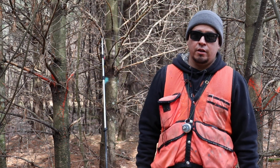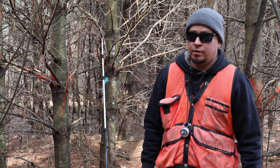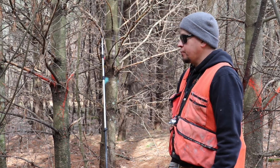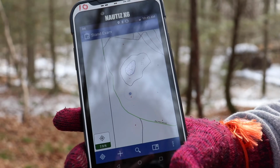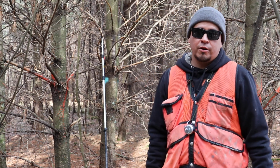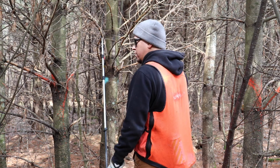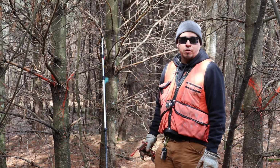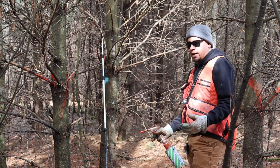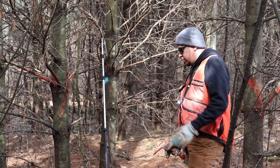We get a stand that reaches a certain age, and these are all planted stands here, pine plantations. What happens is we get a map of the area. We figure out how many rows need to come out. What we do is we come in and start with marking usually every 4th or 5th row in a pine plantation, and in that process is just starting from one side, counting over,